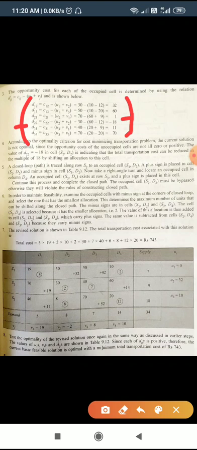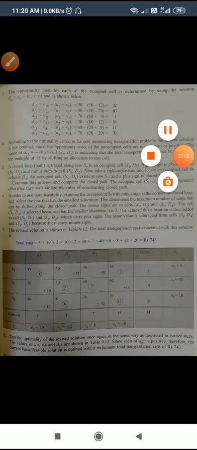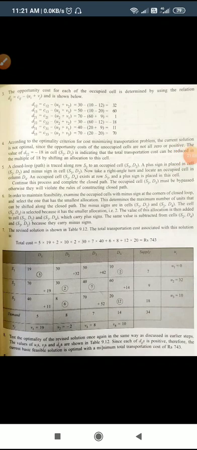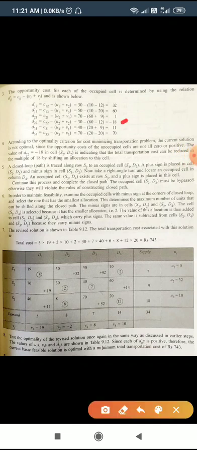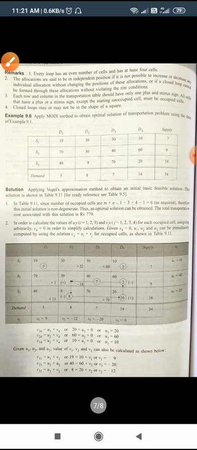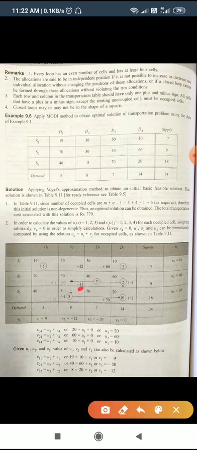So using this we find the opportunity cost for the second row, second column, which is minus 18. We make a closed loop from this cell through these cells, with signs plus, minus, plus and minus. Using these we consider demand and supply, and give the units to transport in this cell.